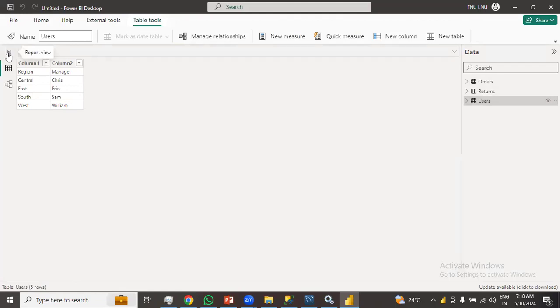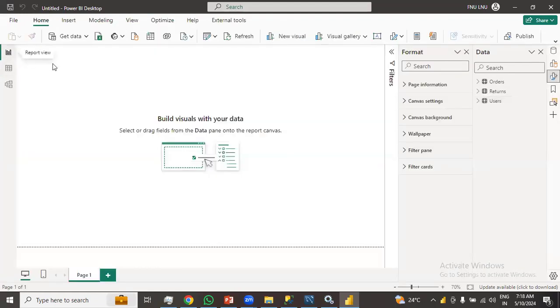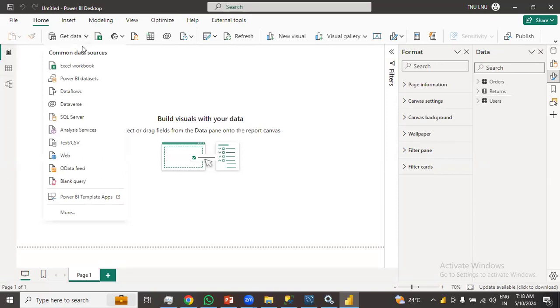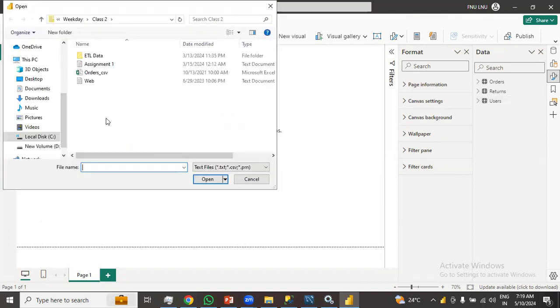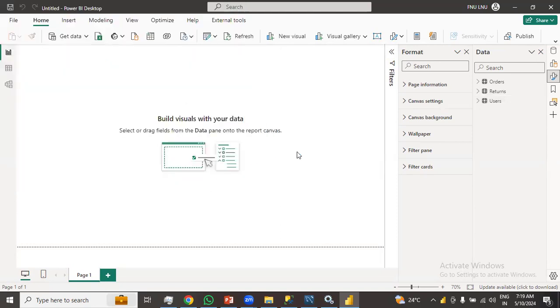I mean, the Excel workbook. Now, if you want to bring the data from a CSV source, again you need to click on get data, then click on Text/CSV. I hope you can see this. This is Text/CSV. You need to click on that. Now you see we have a CSV file here called orders_CSV. If I click on that and click on open,